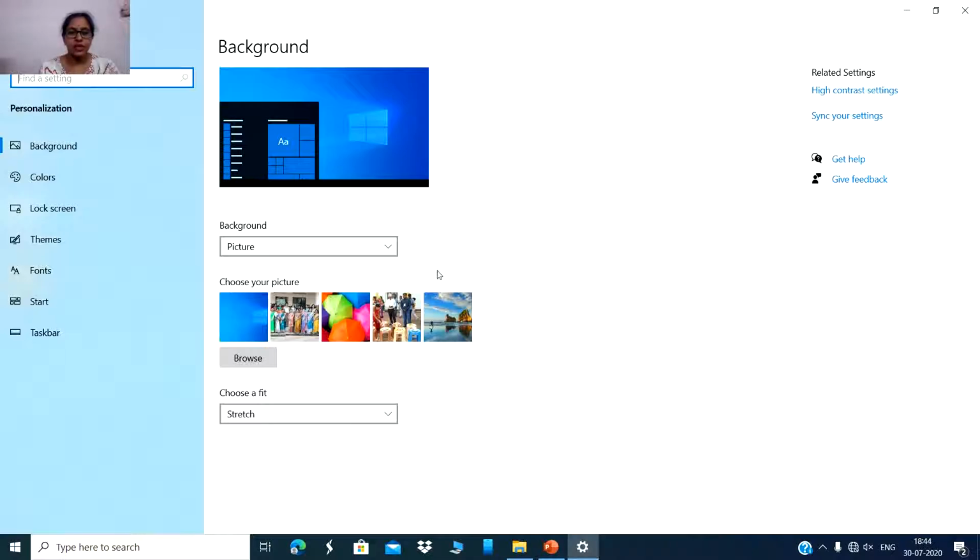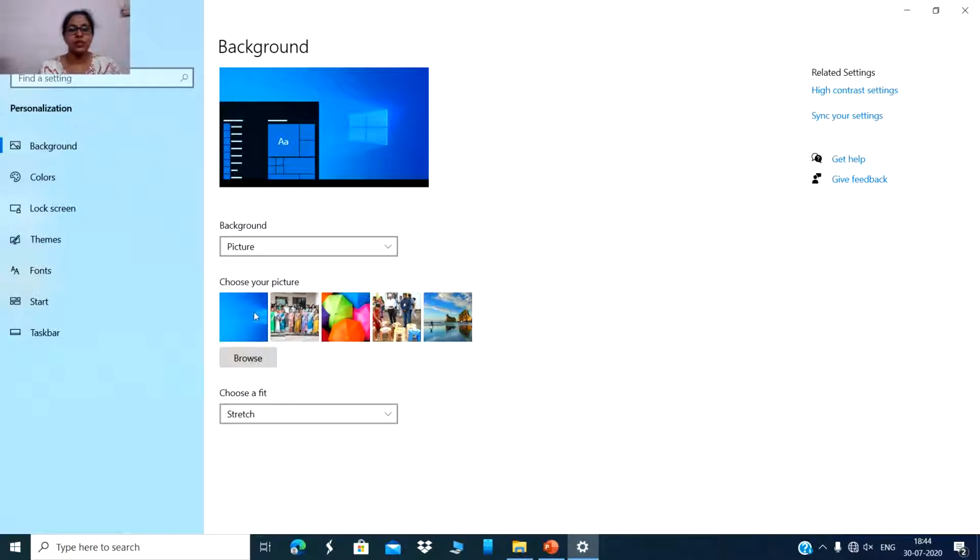Choose picture as the option in the background drop-down list. Click and choose any of the available pictures.